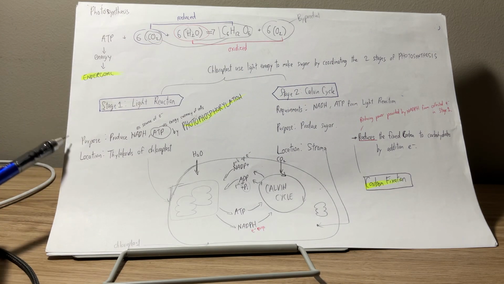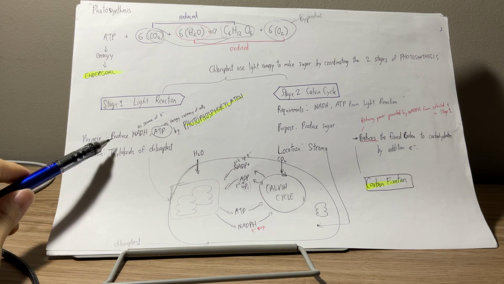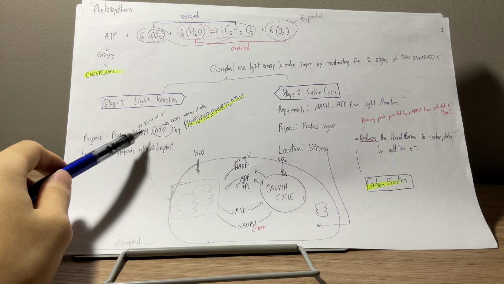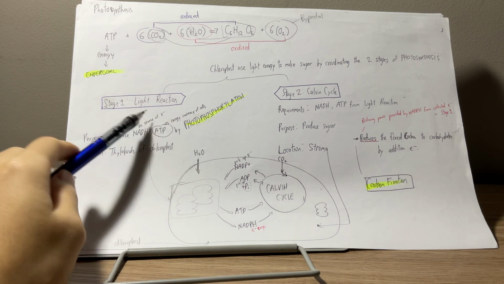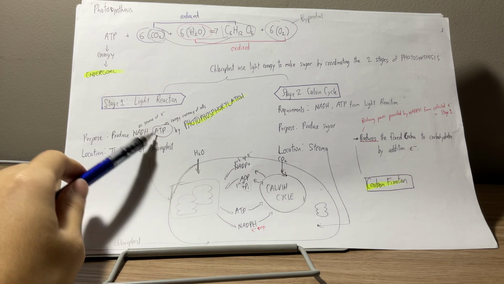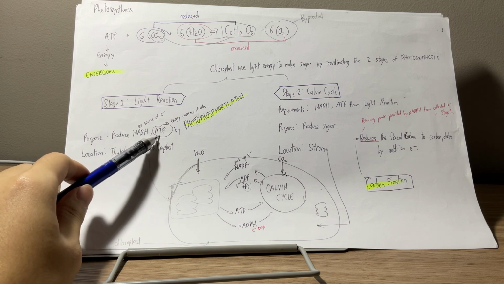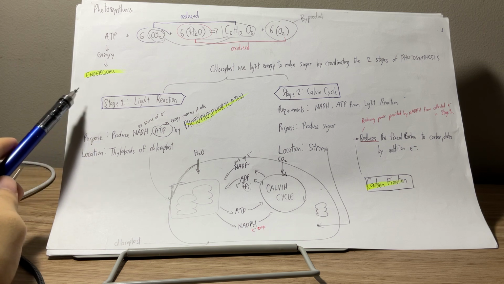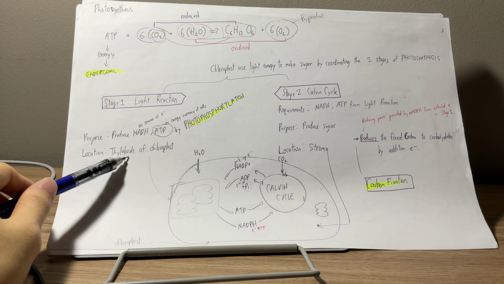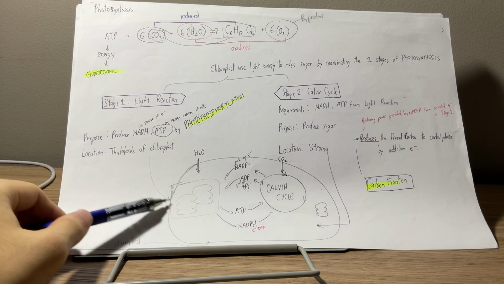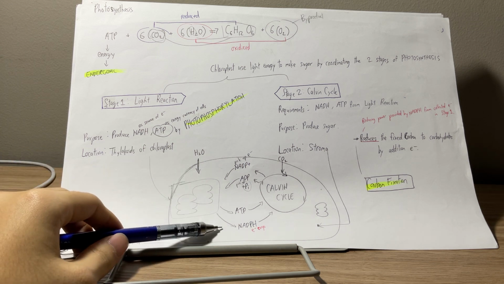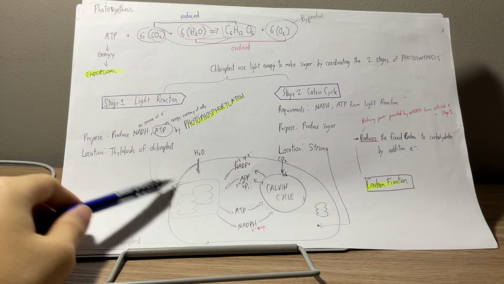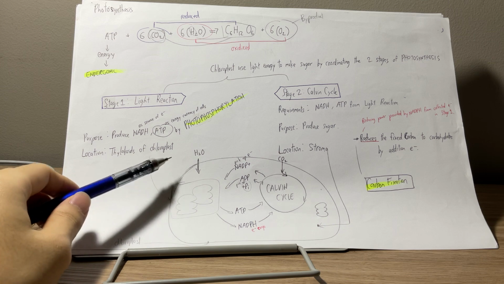Okay, so for stage 1, what's the purpose? It is to produce NADH and ATP by phosphorylation. NADH as a source of electrons because this is a carrier of electrons. ATP is the energy currency of cells. Where is this located? Where does this stage happen? At the thylakoids of a chloroplast. So, where is that here? Yeah, I think it's this.